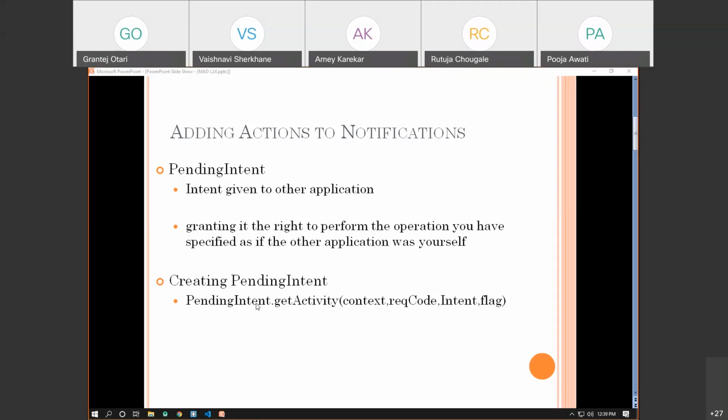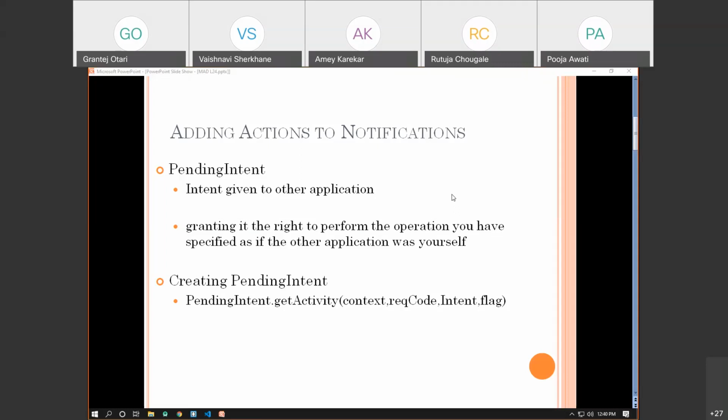Now the pending intent is also used to call another activity, or to execute another activity or another application. But the most important thing is that in the case of a pending intent, you write the code for the intent, but some other activity executes that intent on behalf of your application. In the case of the traditional intent, you write the code and your activity calls the intent.